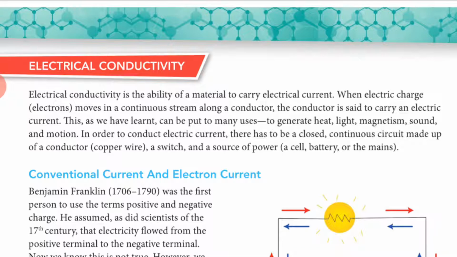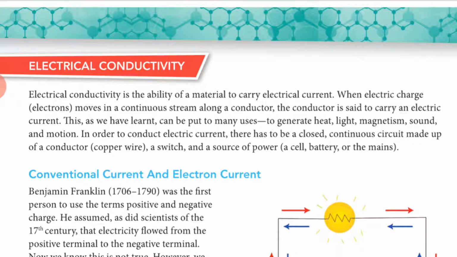So to complete the circuit, what are the components of a circuit? The components are the source of current, then electrical wire, that means the conductor, then a switch which is useful to turn any circuit on or off, then an electrical appliance like a bulb or LED, right? So these were the components.